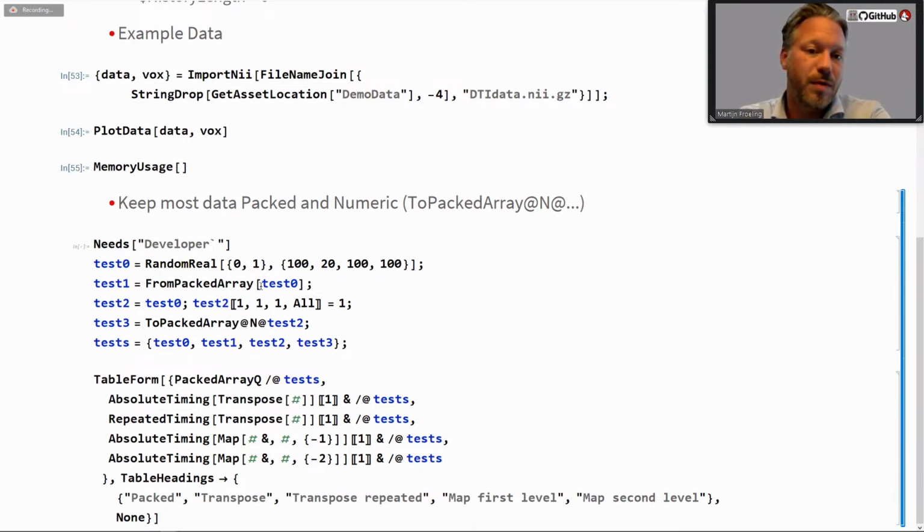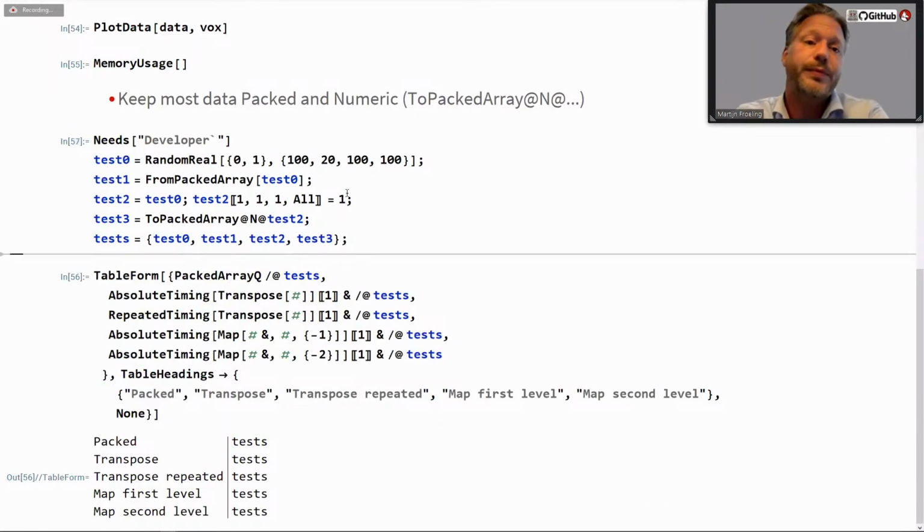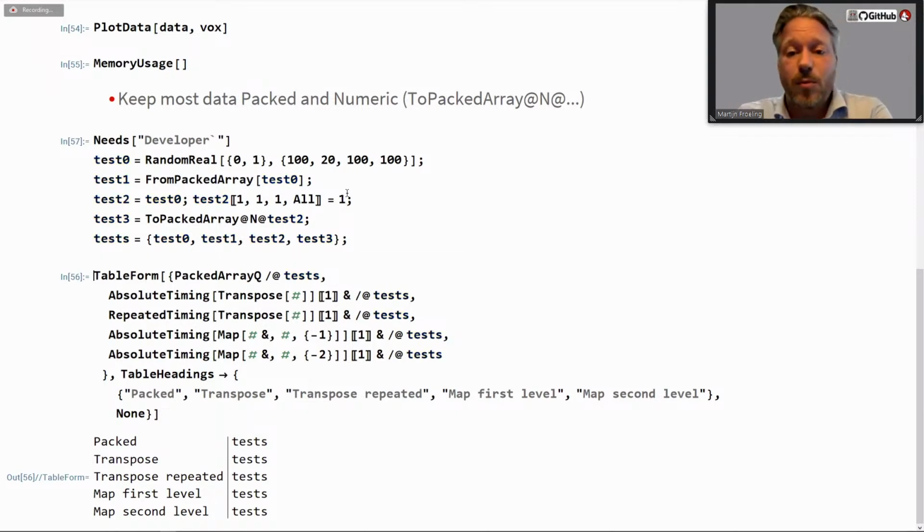And if you then remove the packed array, so you take away the packed array, or actually even maybe replace one of the values, instead of being a numeric value, with an integer value, you can see some performance differences. Oh, first I have to generate the data. And if I then would do some testing, for example, just transposing the data set, or mapping over different levels of the data set,